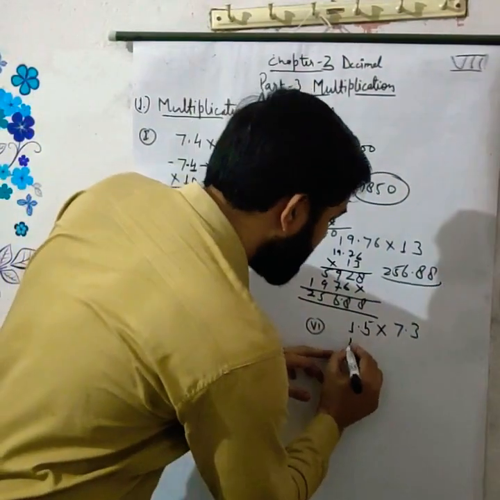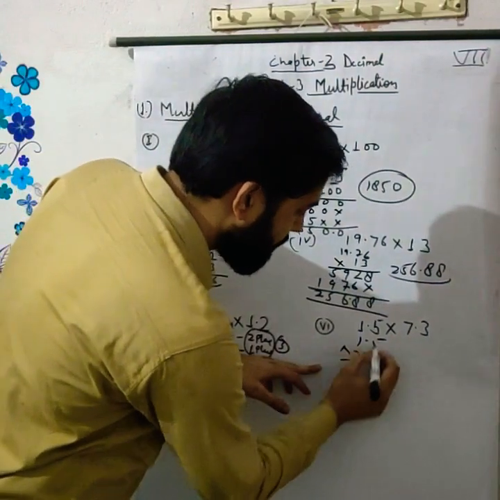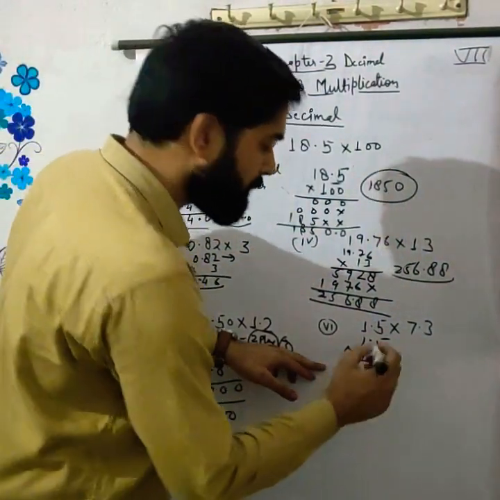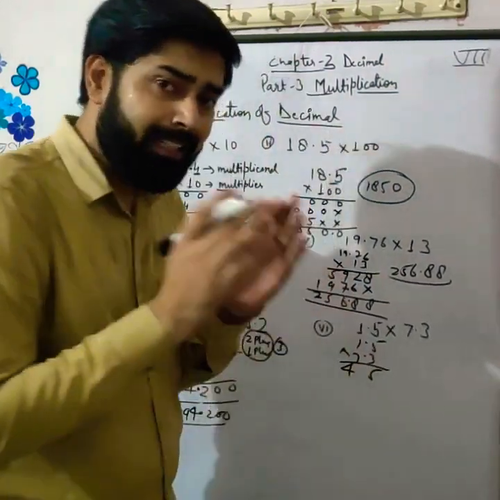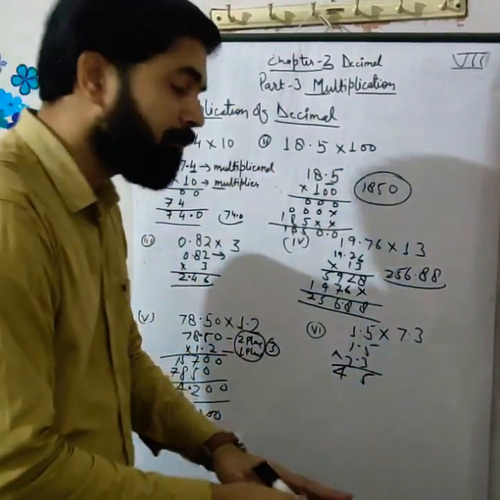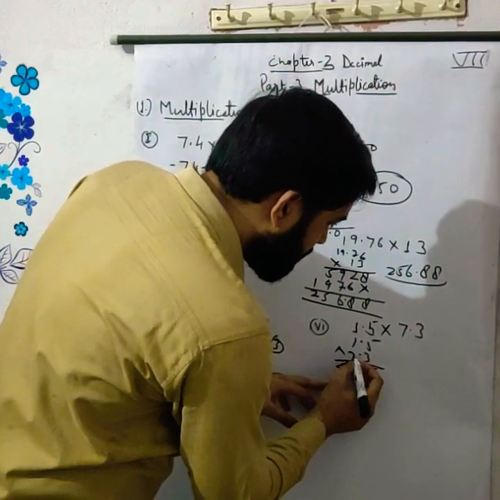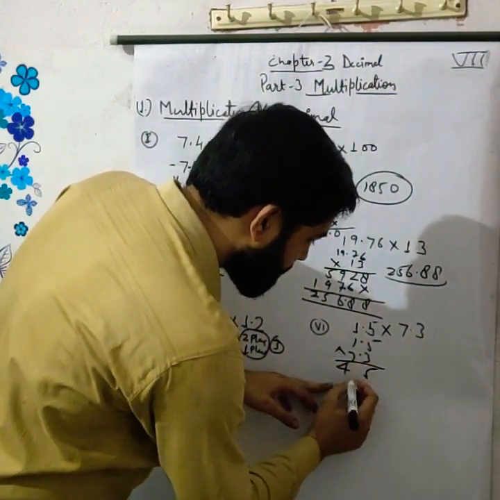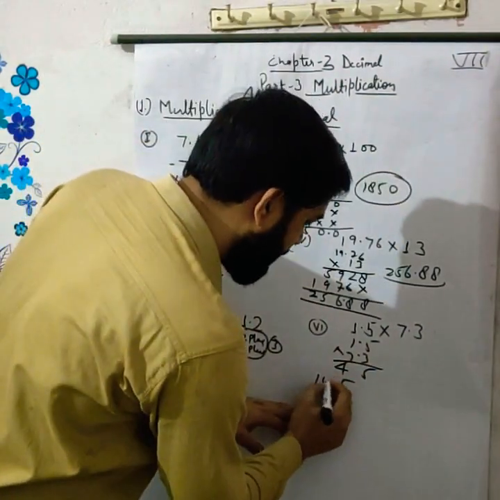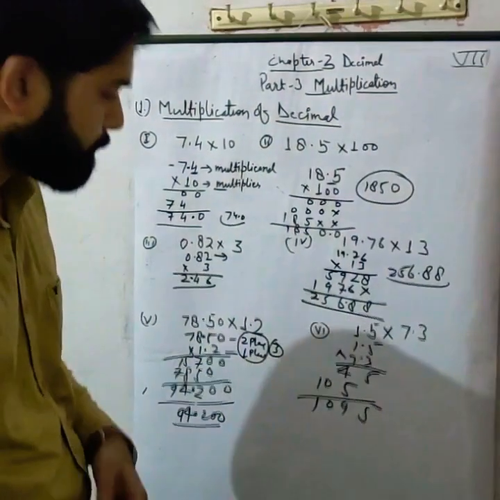Now here is 1.5 and 7.3, multiply the same way. 7 3s are 21, 5 carry 1, 3 1s are 3 plus 1, 4. In decimal multiplication also, firstly you multiply easily. Don't think about the decimal. We think about the decimal at last. So 7 5s are 35, right? The 5 carry 3, 7 1s are 7 plus 3, 10. Adding, 5 9 0 1, 5 plus 4, 9.